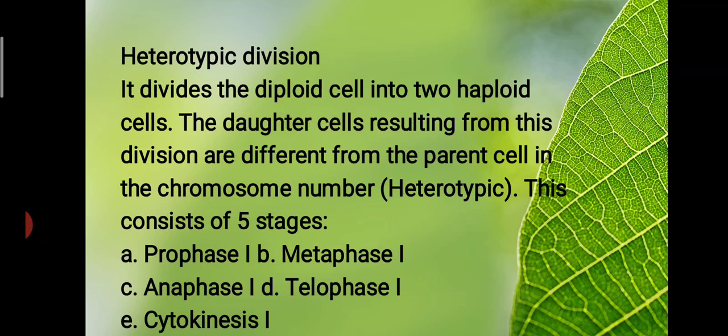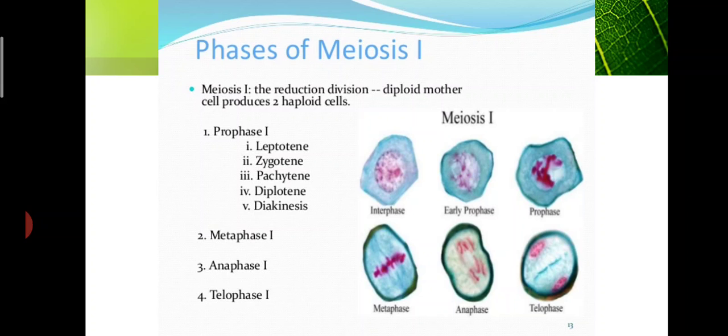In this heterotypic division, the diploid cell gets divided into two individual haploid cells, and the daughter cells will be different from the parent cell. This consists of 5 stages: prophase 1, metaphase 1, anaphase 1, telophase 1, and cytokinesis 1. Prophase 1 has the longest duration because it is further divided into 5 stages: leptotene, zygotene,